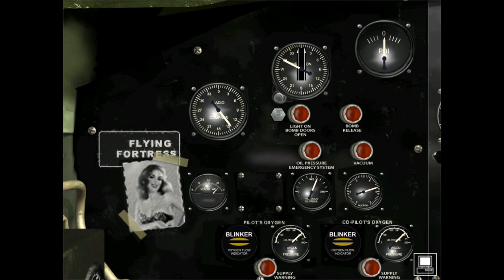I think Wayward Design must have intended to have these lamps on this panel, or they did have the lamps on this panel at one time and they had to take them off, but for some reason this word bomb remained and it just looks really peculiar on its own. There is also a hydraulic oil pressure emergency system light. Now the hydraulic